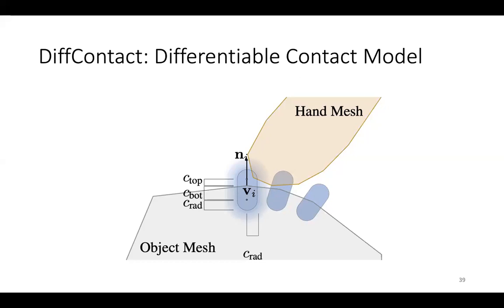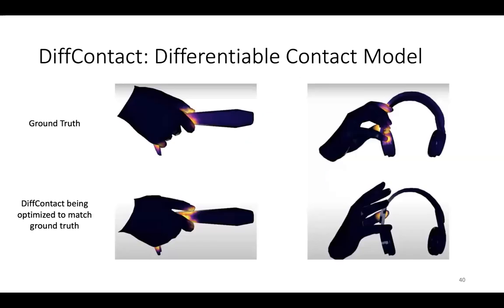I mean, we don't have any kind of rigorous data driven proof of that, but this is kind of an ad hoc way to model the unmodeled errors in the hand models. And then using these capsules, you can get the contact values, and you can use those contact values to